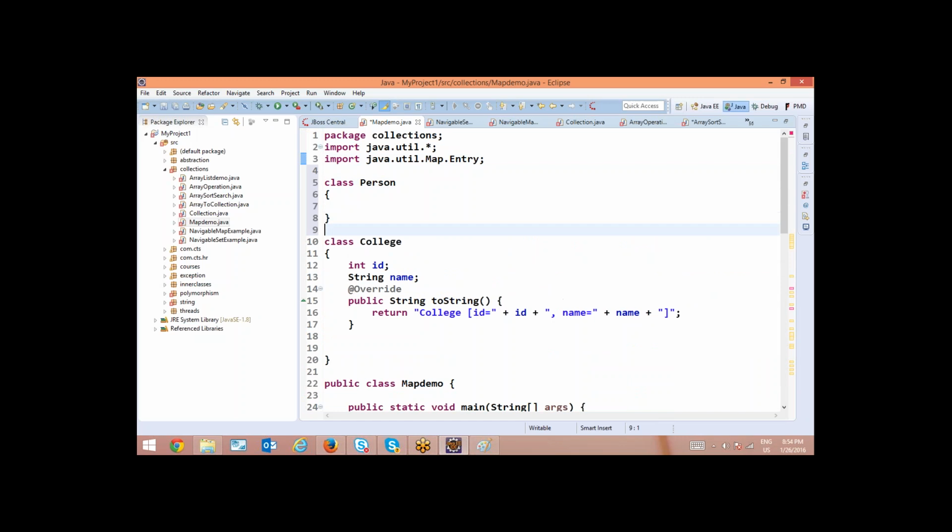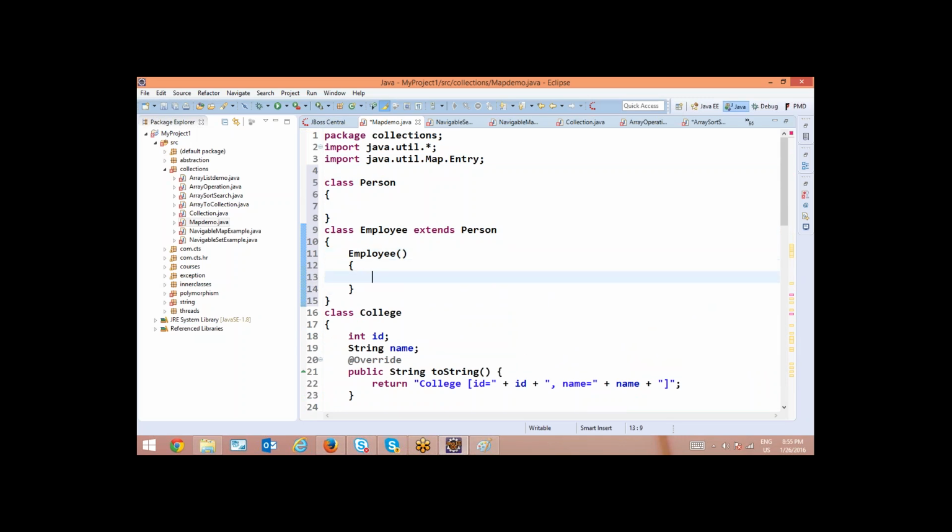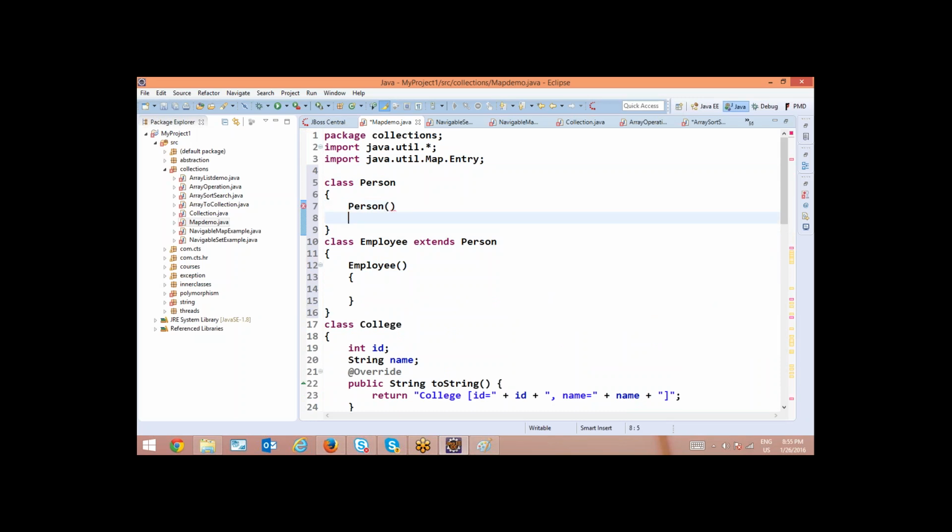See, when I write a class called Person, right? And I am writing a class called Employee extends Person. When I write a constructor here, automatically it will go to the superclass constructor.